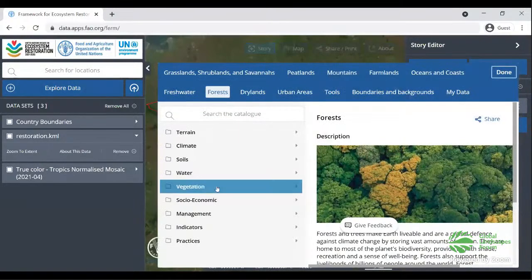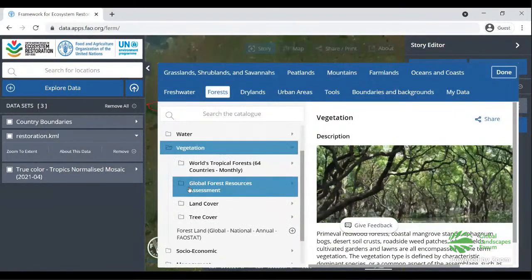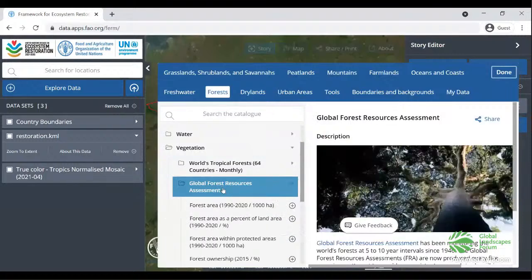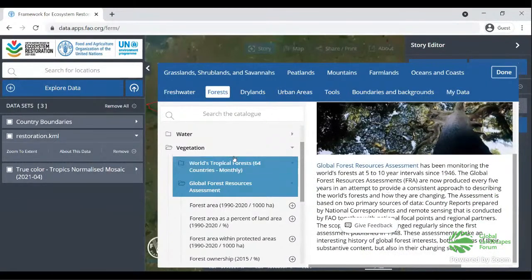we can see the data available for vegetation. Some of the data includes the Global Forest Resource Assessment, which collects country-reported statistics on forest area and forest area change. More information can be found on this right-hand side. Additional data that's available includes